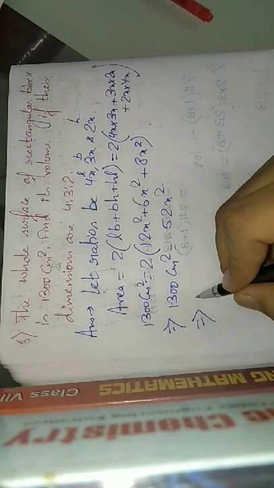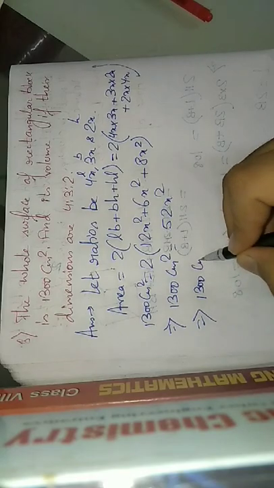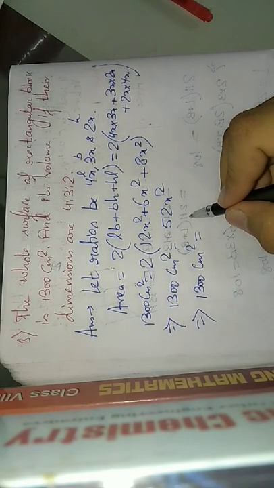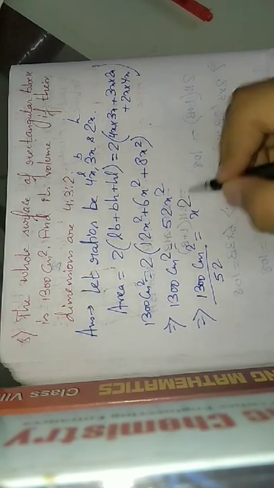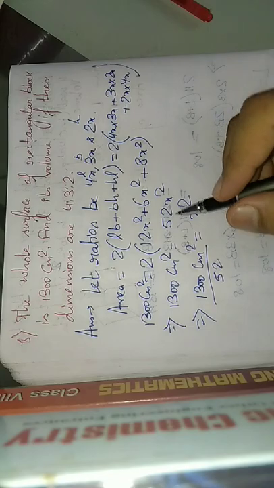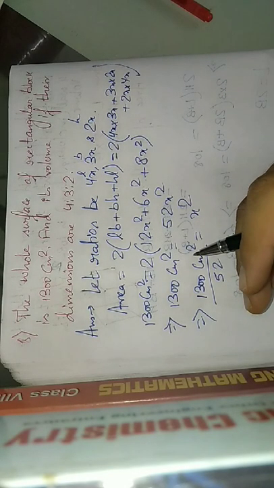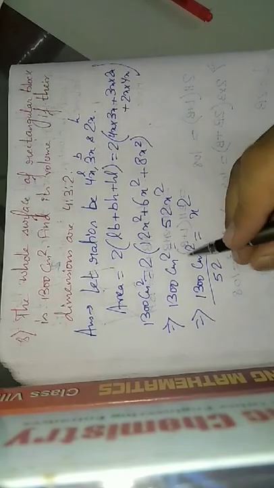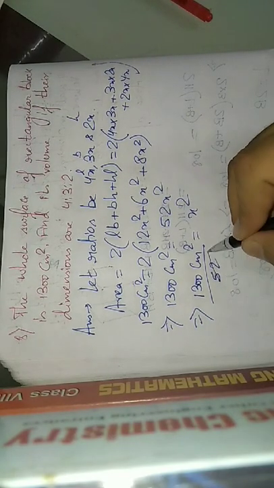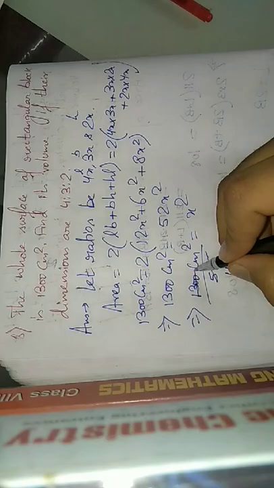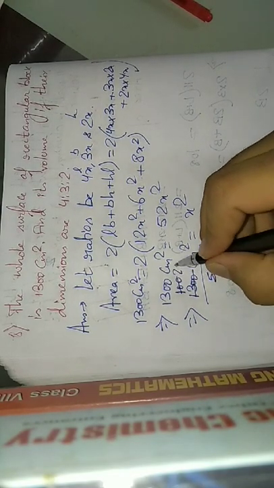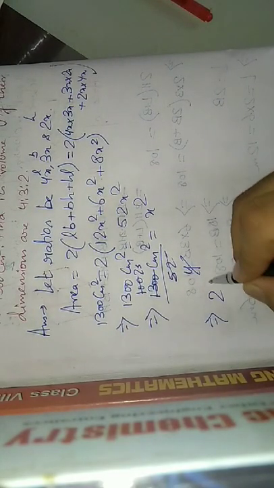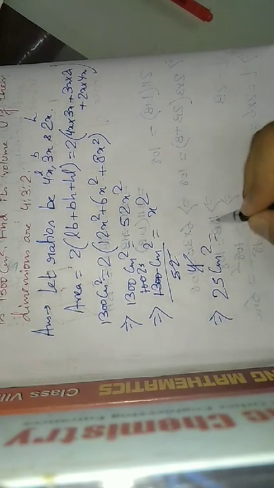So this is 1300 centimeter square is equal to 52 into x square, so I'll divide by 52, am I correct? I'll be getting x square isolated. 52 was in multiplication with x square, went over there, and came in division, or in the denominator you can say. So these are all multiples of 13, right? 13 fours are 52 and 13 hundreds are 1300. Again divide by 4 gives you 25. So 25 centimeter square is equal to x square.